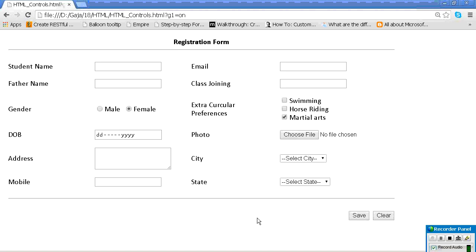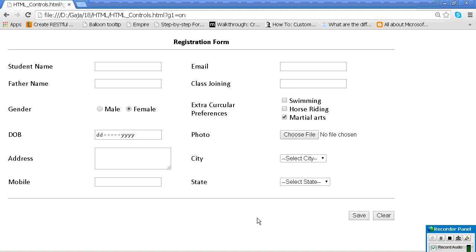CSS stands for Cascading Style Sheets. Are you understanding? Our HTML is completed by this. These are only a few tags that I will tell you later. Okay, our HTML is almost completed. We have only some 5 or 6 tags that are very simple, that will be clear. Okay, now I will discuss this.